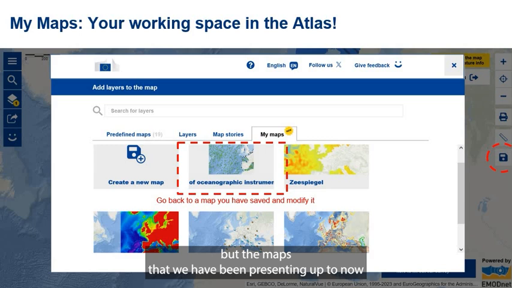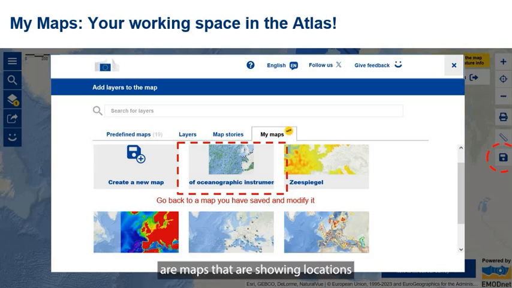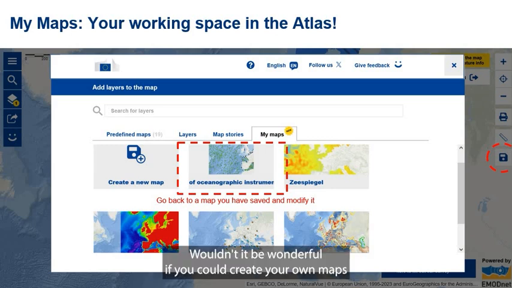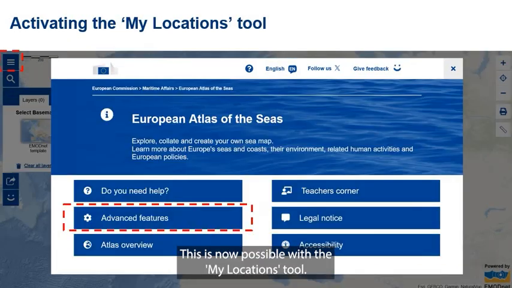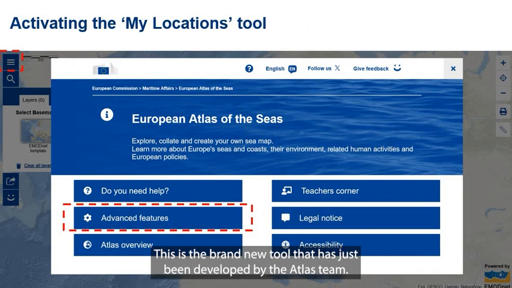But the maps that we have been presenting up to now are maps that are showing locations that are provided by the data providers. Would it be wonderful if you could create your own maps showing your own locations where you have made measurements or highlighting things that you want to highlight? This is now possible with the My Location tool, and this is the brand new tool that has just been developed